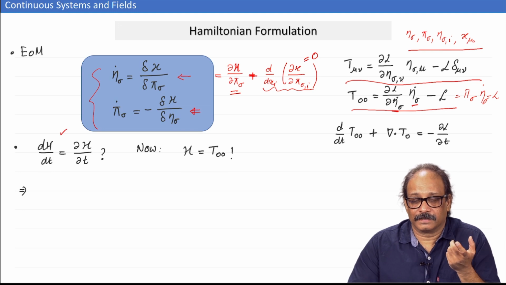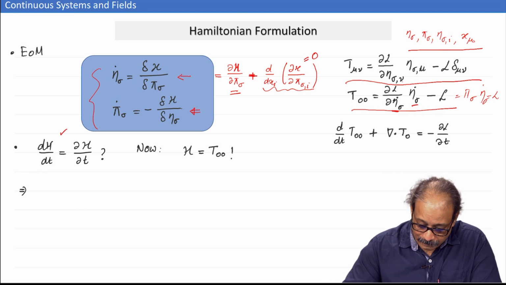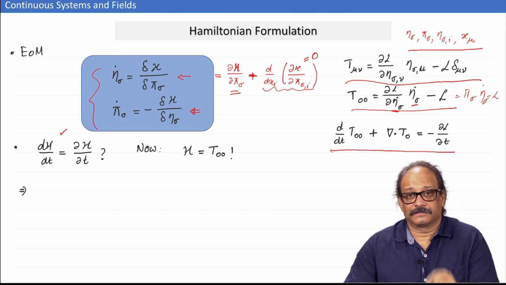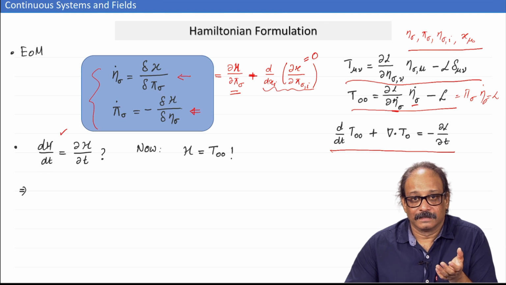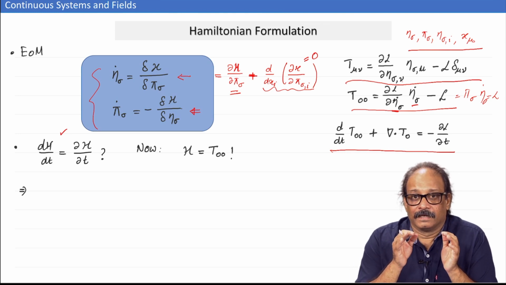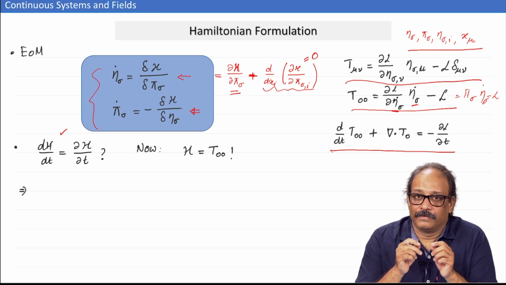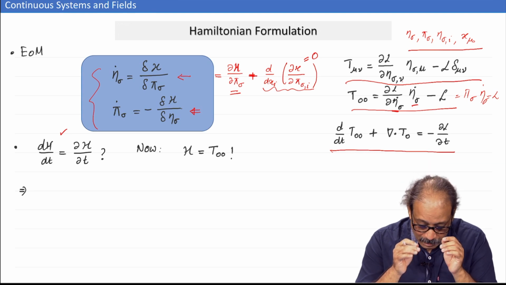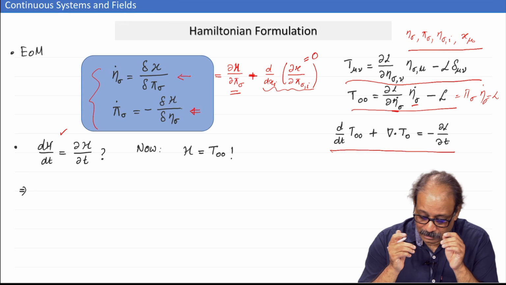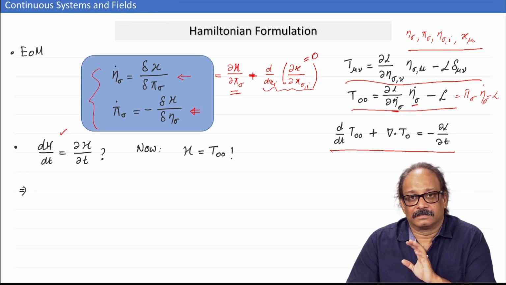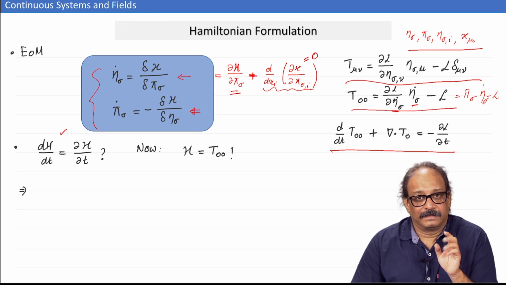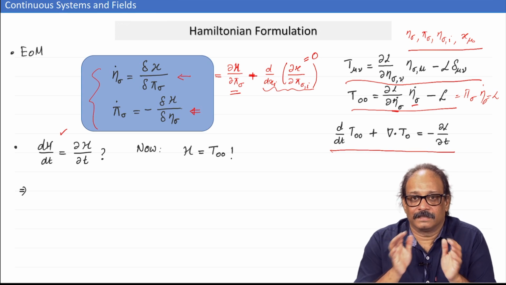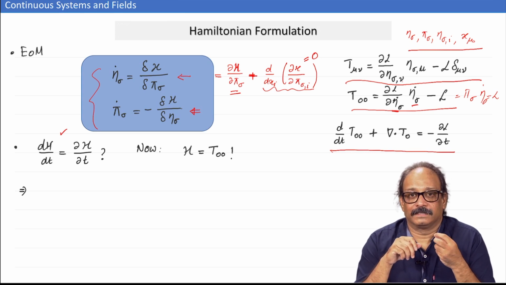T00 conservation is, remember, through this equation here. In case of stress energy tensor, we have already done this, that the T00 component, which is energy density, will be conserved, or energy is a conserved quantity if the Hamiltonian or the Lagrangian does not depend on t. But that is a statement for the total energy conservation. What happens to the energy density?